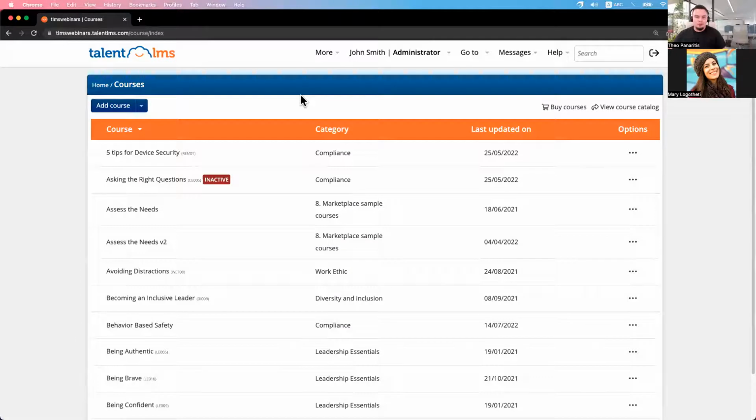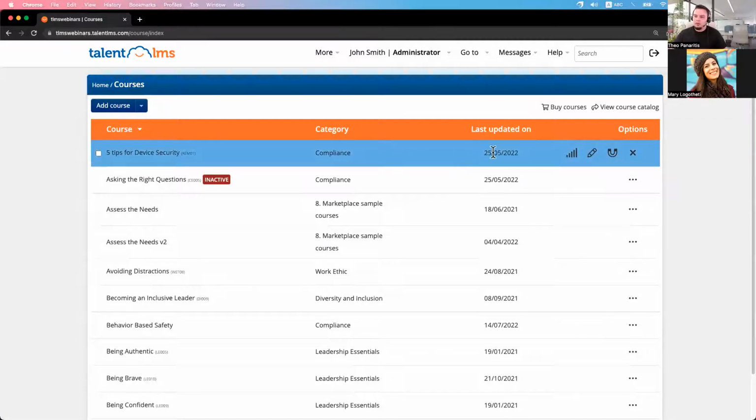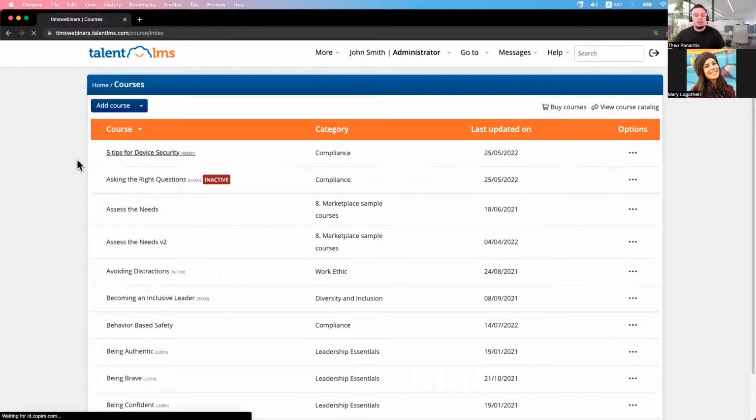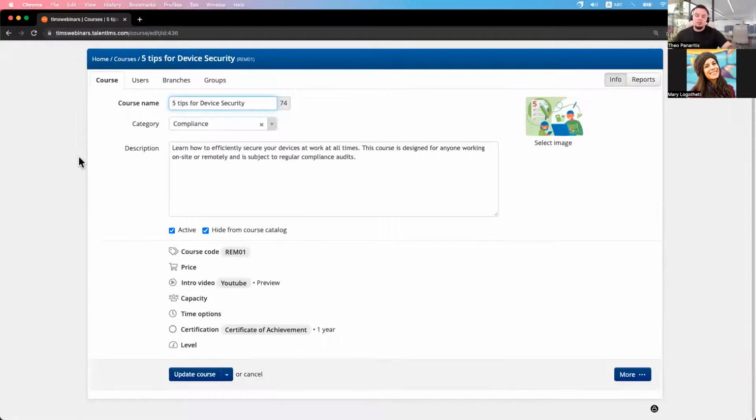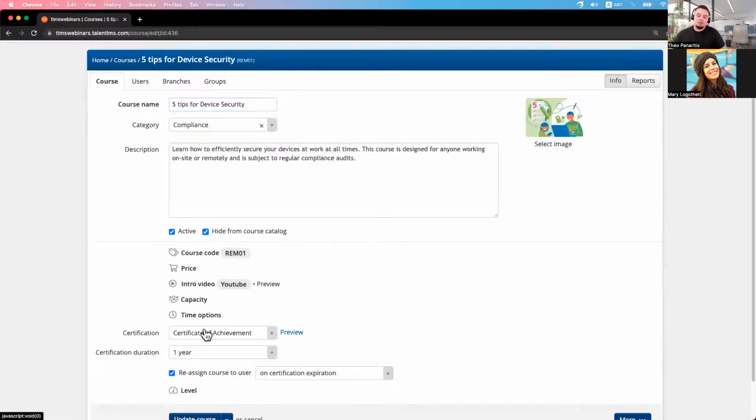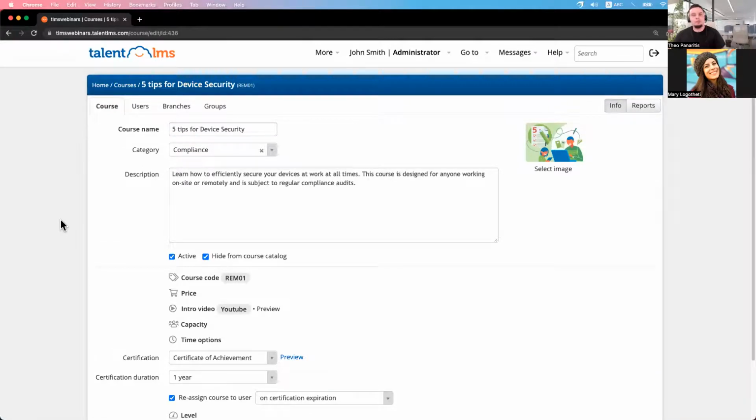To quickly clone a course, just hover over the course, click on the magnet there, clone, and assign that course to the branch. And of course, if you have created a certificate template for that branch, in the cloned version of the course designated to the branch, just choose that specific certificate. So the answer is yes, you can have them as long as you clone the courses designated to the branches